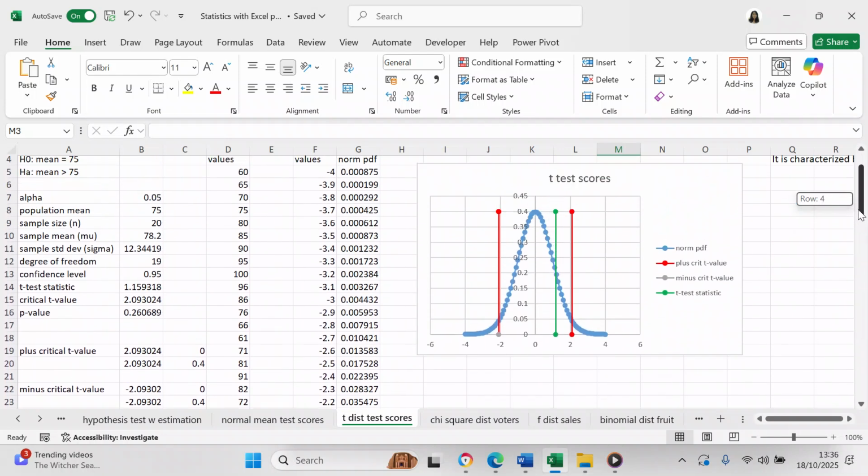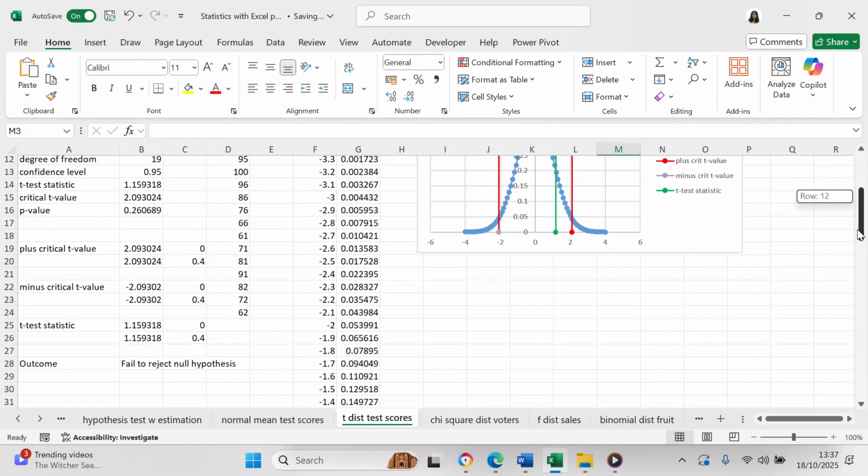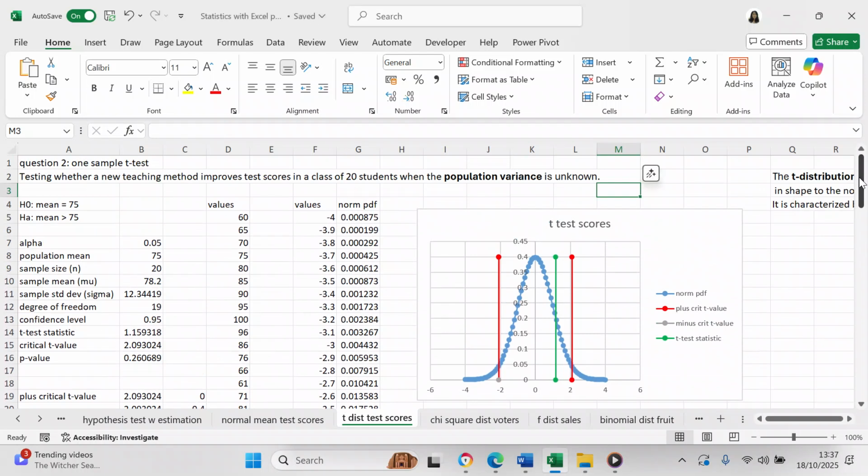So the first thing that we're going to do is our values from D5 to, I think it's D24. We have our test scores, our values, and our null hypothesis is a mean of 75,